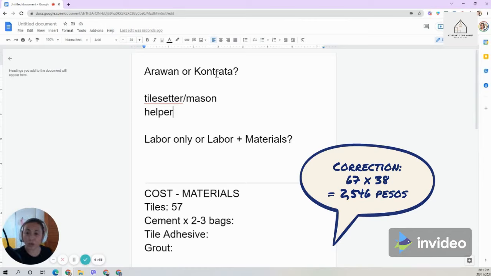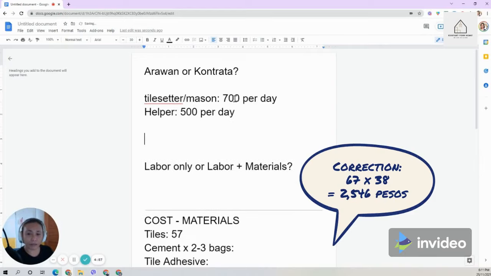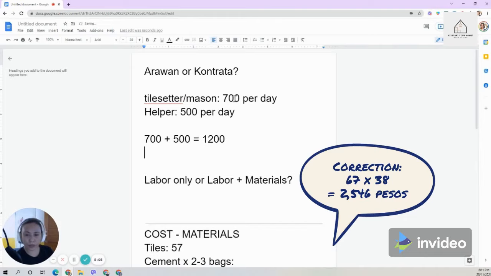So tile setter plus mason, usually 700 per day. And the helper is usually 500 per day. Now think of 2 to 3 days for them to finish this. So 700 plus 500 equals 1,200. And let's max it to 3 days because they will probably stretch it. So that's 3,600